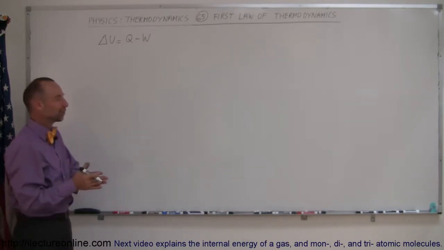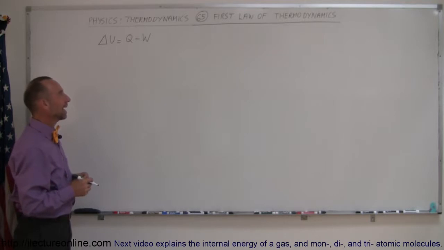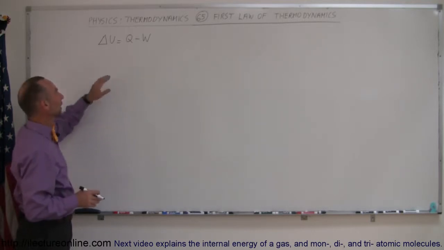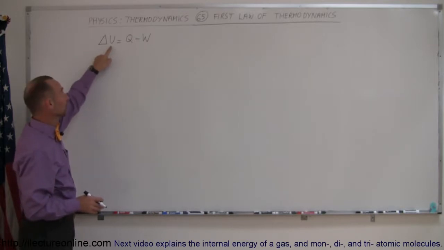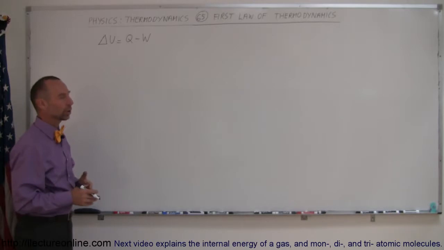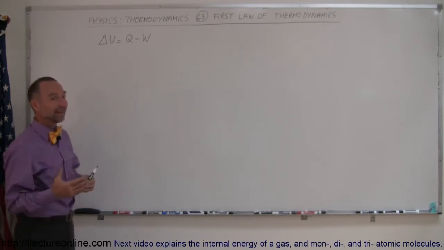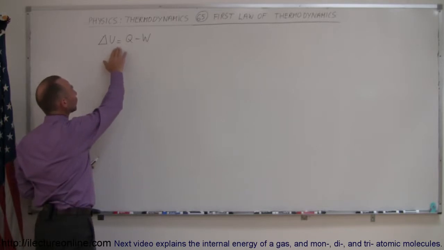It doesn't look like much from a distance, but it's a very important equation. And this equation says the following. Now, of course, you need to understand what these variables mean, but U means internal energy of the gas, Q means heat, and W means work. So what this really says in words is that the internal energy of a gas is equal to the heat